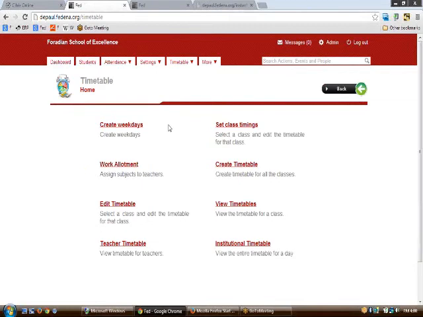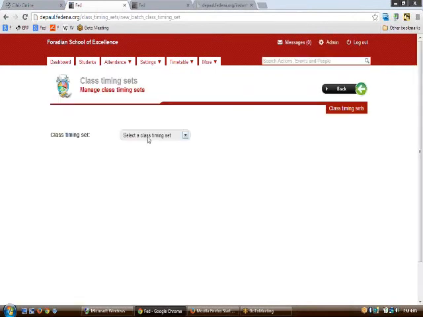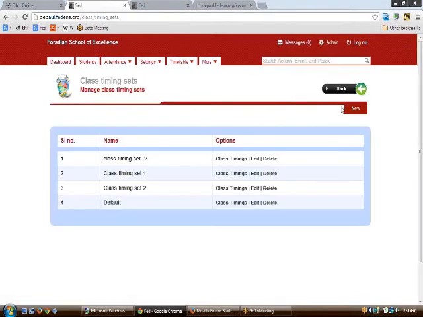After having created the weekdays, your work is to set class timings. In set class timings, you need to set a class timing set. You can make class timing sets or use the default one. To make a class timing set, click on class timing sets, select the new button.